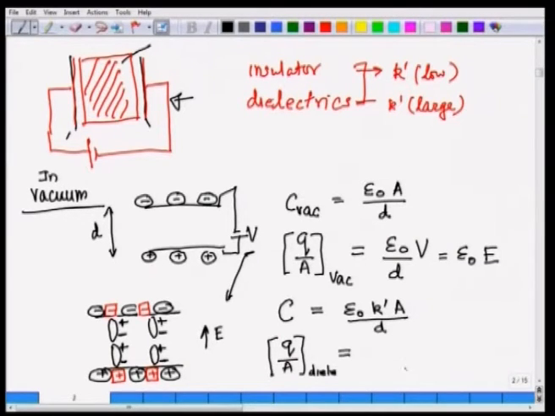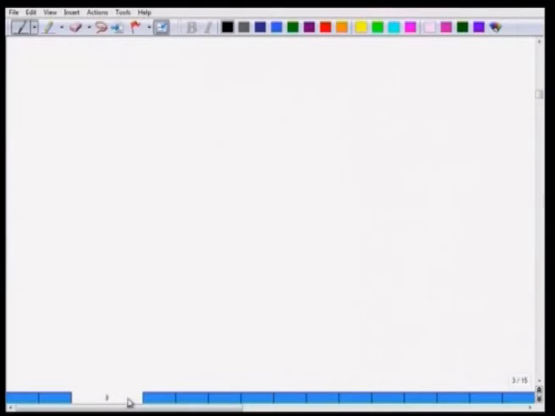That quantity would be, in the same way, epsilon naught K prime divided by d, multiplied by V, which we are going to write as epsilon naught K prime E. Remember this equation, we will come back to this. And now let us see what the total charge is. Now, in this case, this Q by A for the dielectric